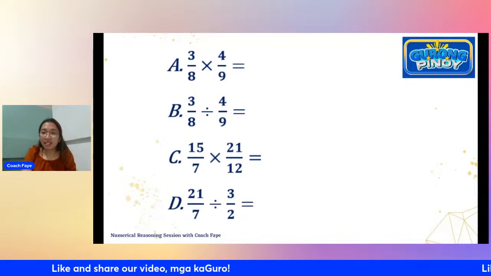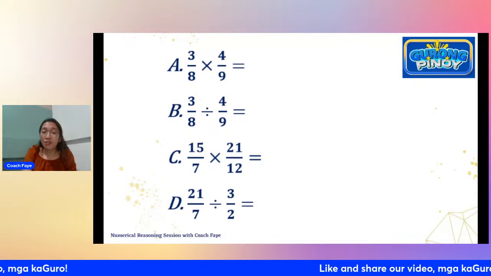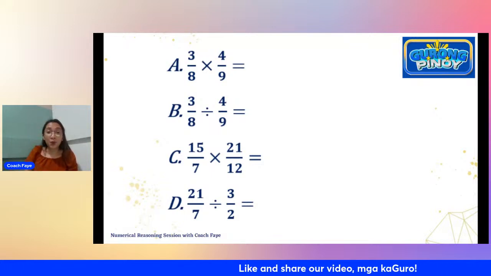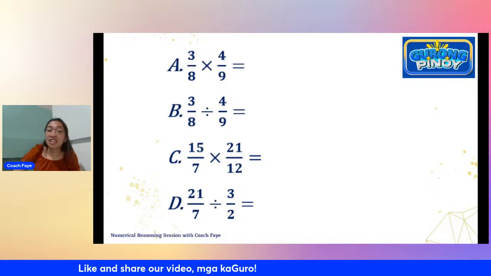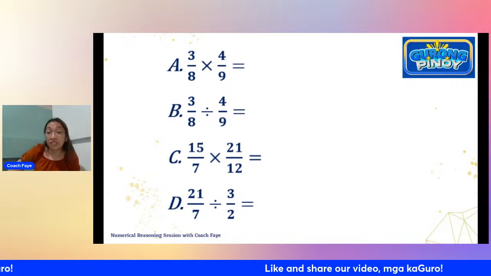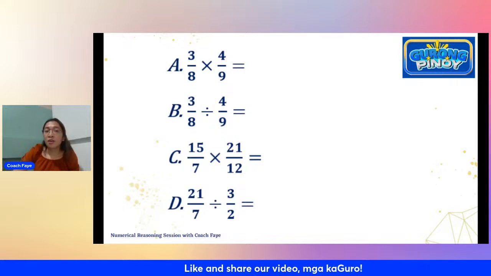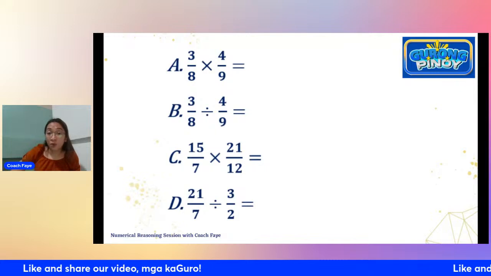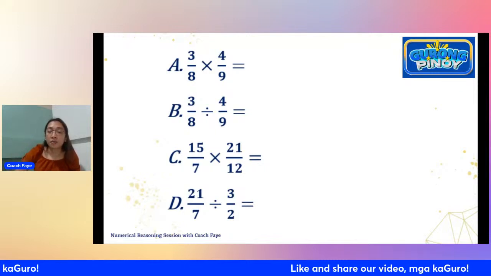Before solving this, I would recommend that you try to cancel out things muna na pwedeng makancel. Of course, taas-baba po yung tingin natin sa pag-cancel. So what you would be having there is 3 tsaka 9. Cancelable po yung 3. So both divisible by 3. Yung 3 magiging 1, yung 9 magiging 3. And also 4 and 8. They are both divisible by 4. So yung 4 magiging 1, yung 8 magiging 2.